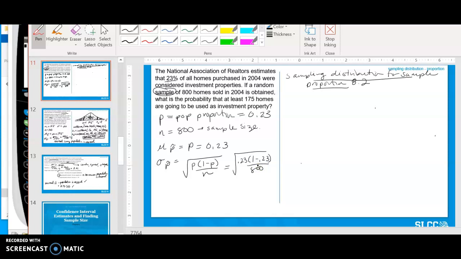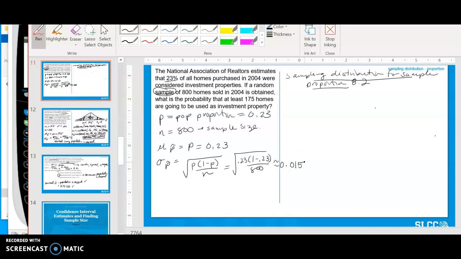When you do this, sorry, it's 0.23 times 1 minus 0.23 divided by 800 and the square root of that answer, and you will get about 0.015. Okay,